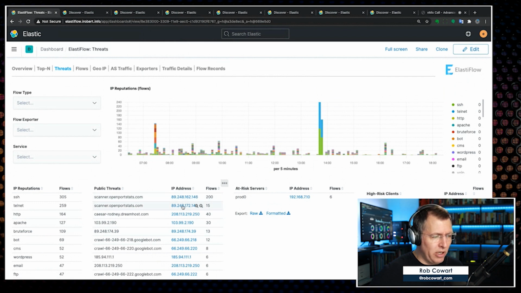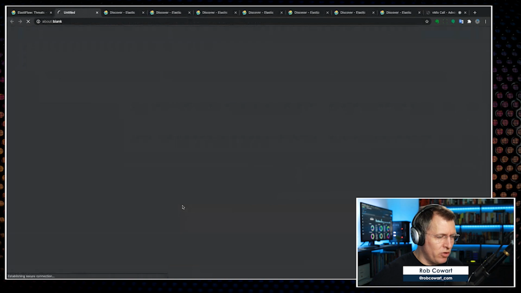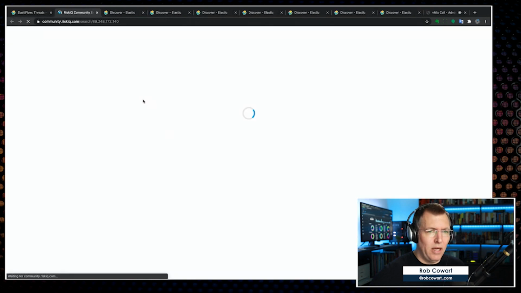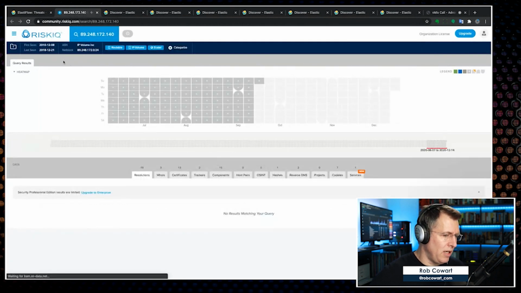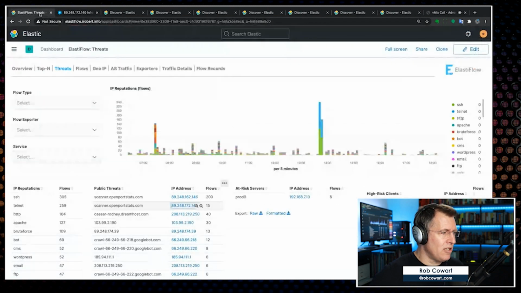And one of the things we can do, this is actually a little hint at a coming partnership for the future, is that we've recently started with this jump out to Risk IQ. So Risk IQ is a company that Elastiflow is entering into a formal relationship with around threat intelligence. So in the future, instead of myself actually going in